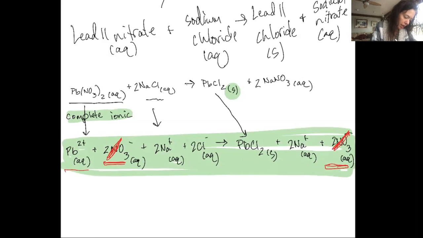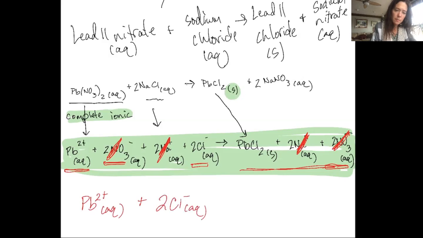Like right here, I have a lead ion. I don't have any lead ions over here. I do have 2 sodium ions right here, and 2 sodium ions right here though. Here I have 2 chlorides. I do not have any chlorides. So what I'm left with is my lead 2 ion, who is in the solution, my 2 chloride ions, who